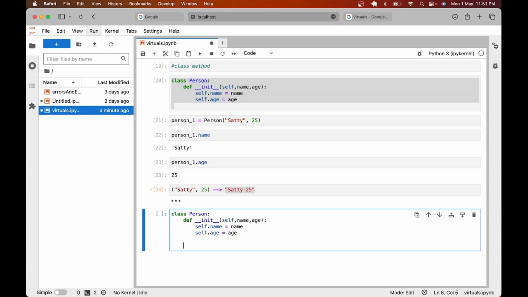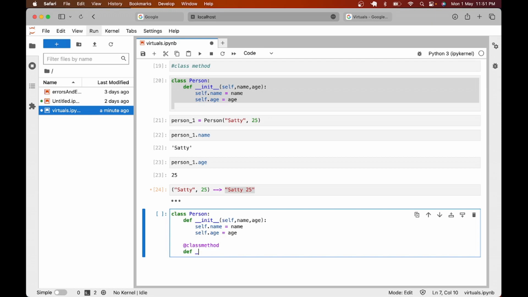So now let's add one class method. For defining one class method, you will have to add this class method decorator. And now let's create this one. In the situation where they are directly providing us a string which contains both the name and the age, so what we are expected to have,